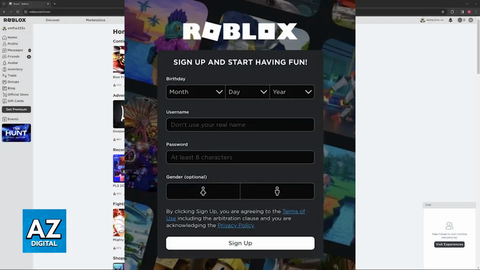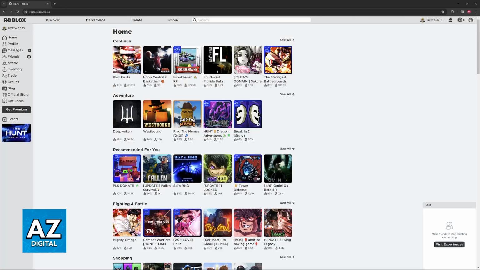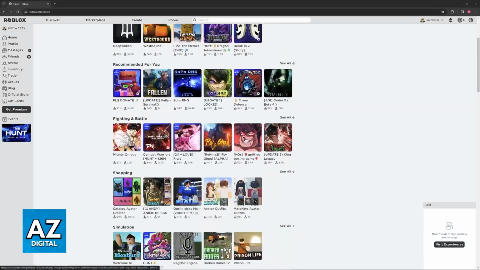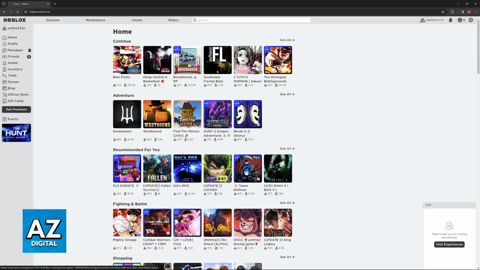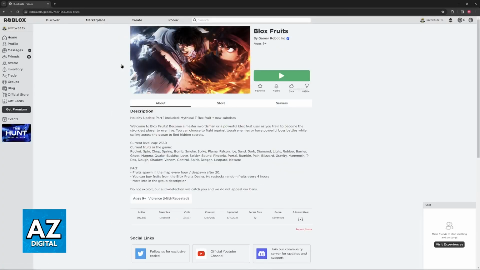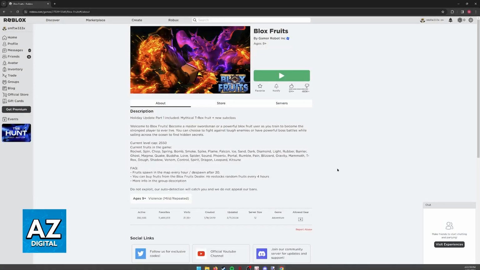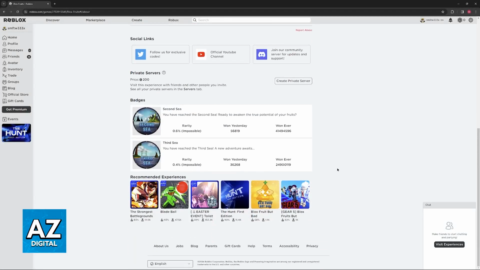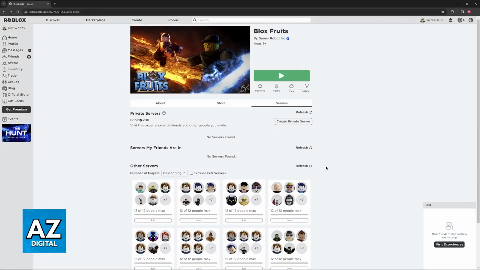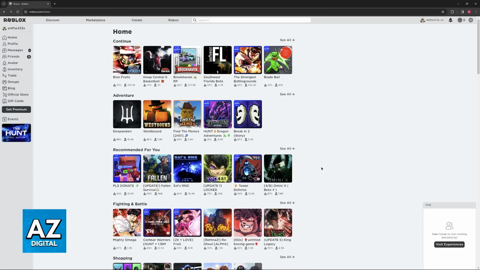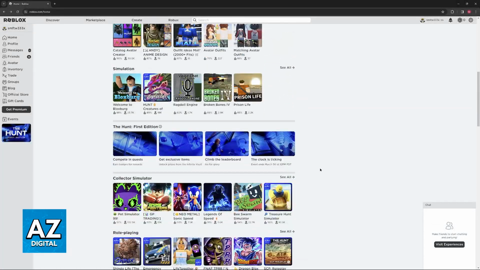You will use the username and password that you set up to sign into that specific Roblox account on any platform, any device, including your VR compatible headset. Now, in this video, unfortunately, I cannot get footage off of VR headset, but the process of creating your account is the same across all devices. So first, set up your account, and once you have it set up, you can go over to the experience that you would like to play, download the Roblox player or Roblox launcher, and everything is going to work flawlessly. The only requirement is that you create the account through a web browser on your computer or your phone.